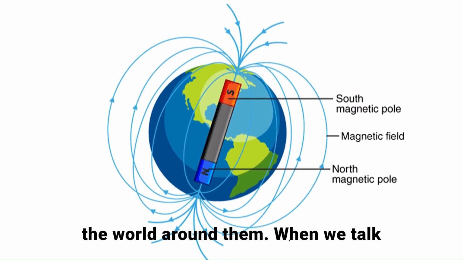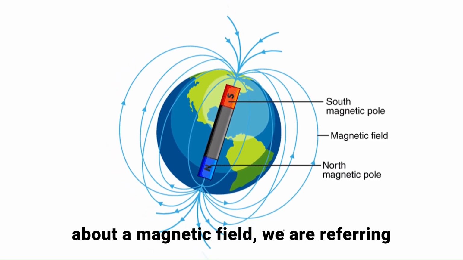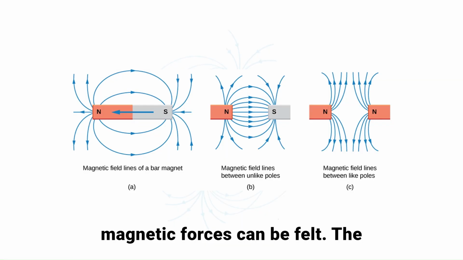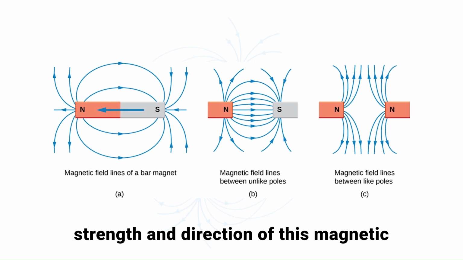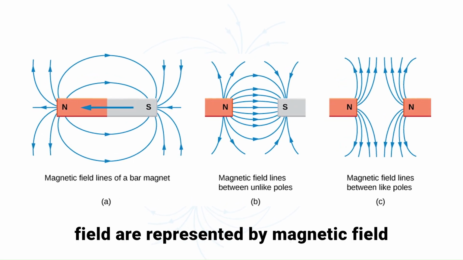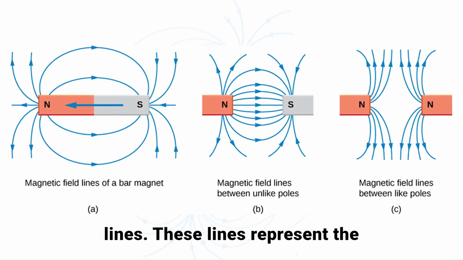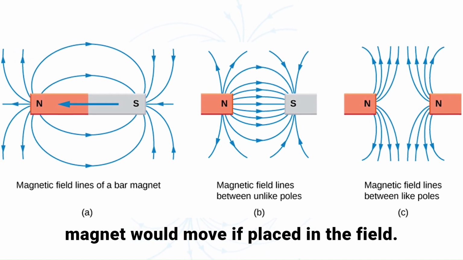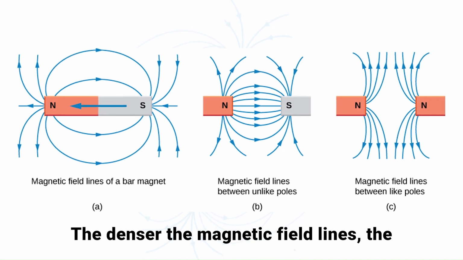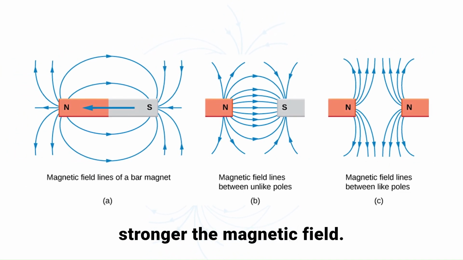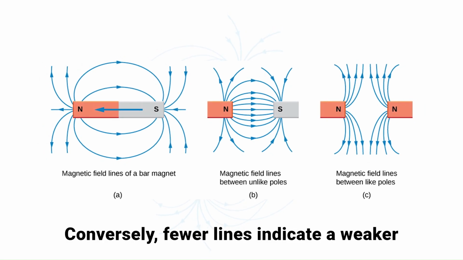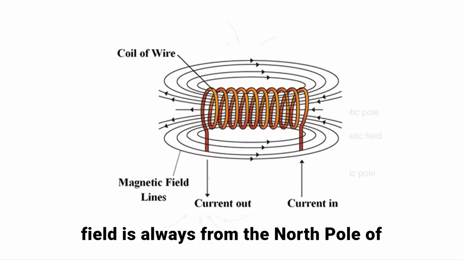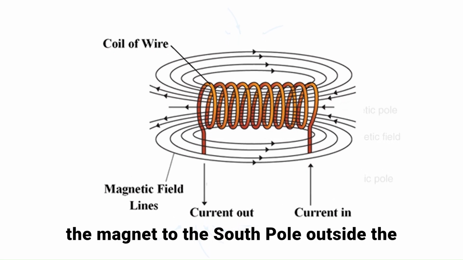around them. When we talk about a magnetic field, we are referring to the area around a magnet where magnetic forces can be felt. The strength and direction of this magnetic field are represented by magnetic field lines. These lines represent the direction in which a north pole of a magnet would move if placed in the field. The denser the magnetic field lines, the stronger the magnetic field. Conversely, fewer lines indicate a weaker field. The direction of the magnetic field is always from the north pole of the magnet to the south pole outside